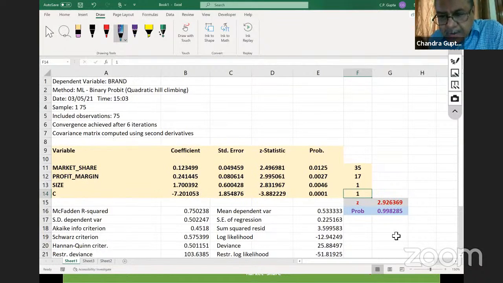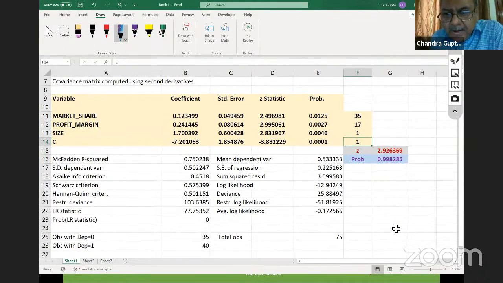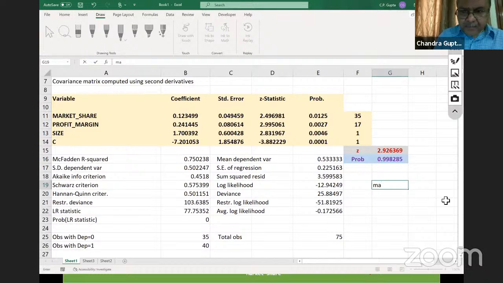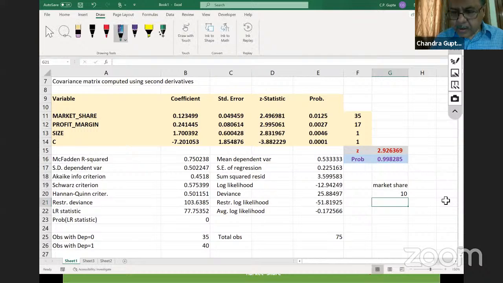Suppose I take market share starting from 10, 11,